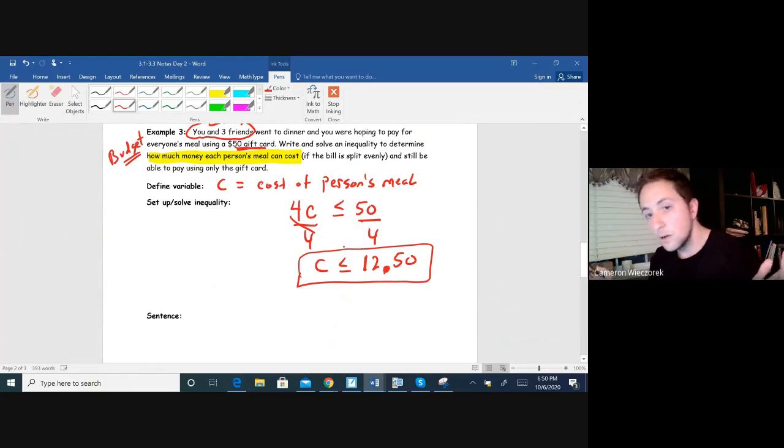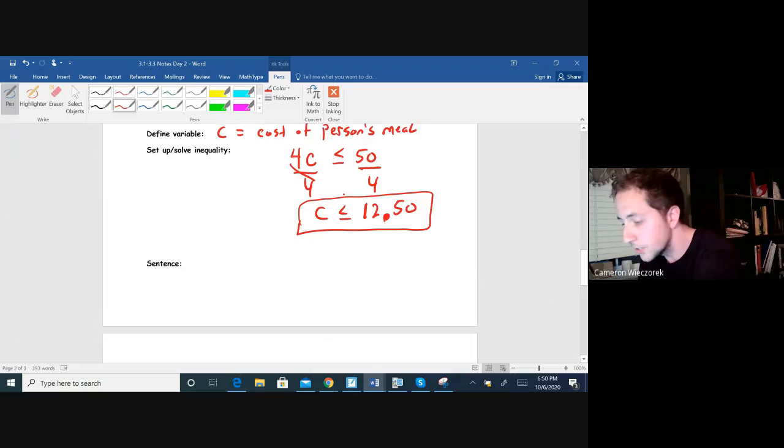You don't have to spend $12.50. If you only want to order maybe an appetizer for $8, that's fine. But you can't spend any more than $12.50. Otherwise, you're not going to be able to just use that gift card. You're going to have to take out your credit card, your debit card, or your cash as well. So I would say here,